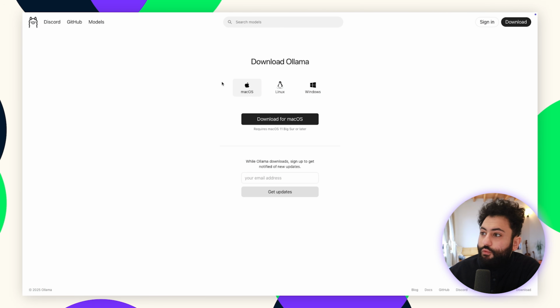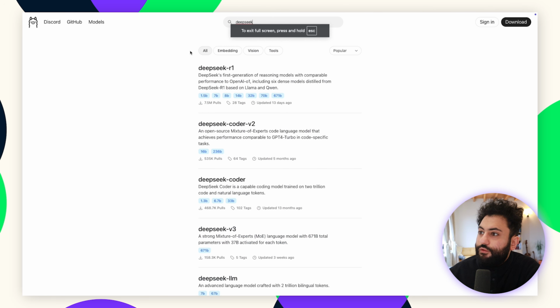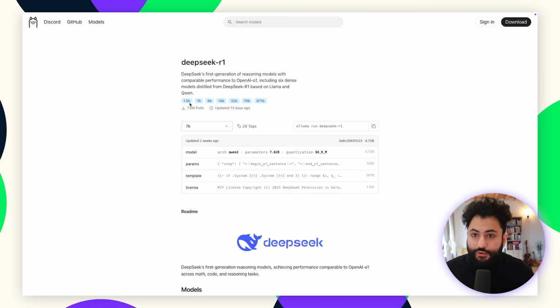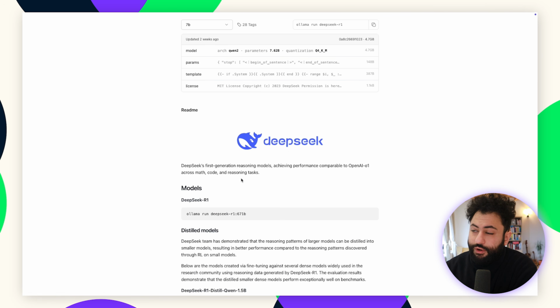And then one thing, I want to be able to download DeepSeek. So if you go and search for models on the Ollama website, and I type for DeepSeek, you'll find DeepSeek R1. Now, there are multiple versions of DeepSeek that you can download. There are 1.5 billion parameters, 7 billion parameters, 8 billion, 14, 32, 70 billion. So the trade-off here, the smaller the model, the easier it will run on your computer. The bigger the model, maybe the more accurate it will be, but it will be more computationally intensive. Now, for today's illustration,